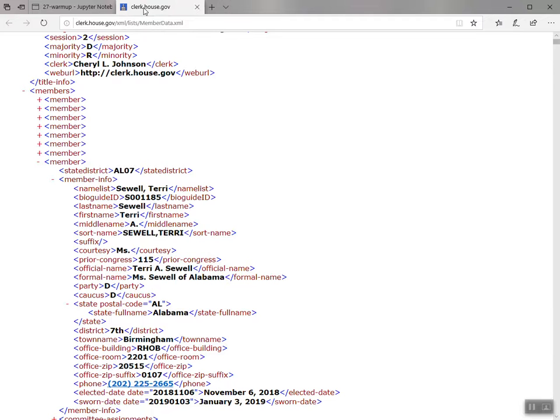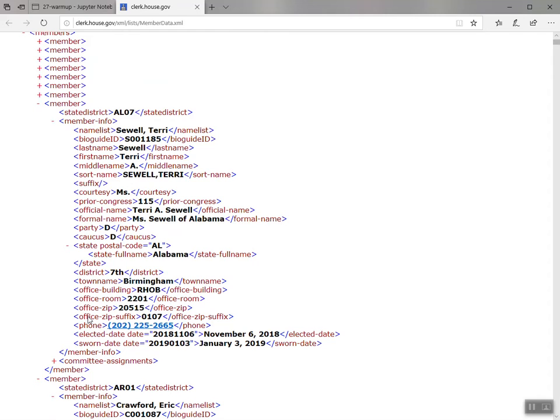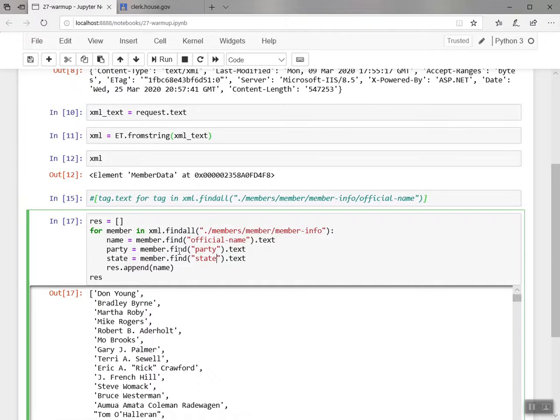The state itself is going to give me a state tag, and it's a state postal code. Let's take a look. Is it a state? It's here, it's state. Postal code is an attribute, and then state full name is the remaining of the tag. So I'm going to do state